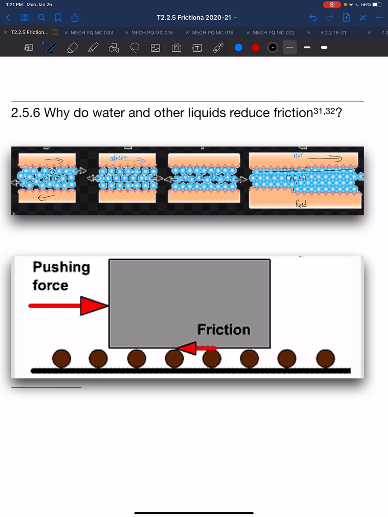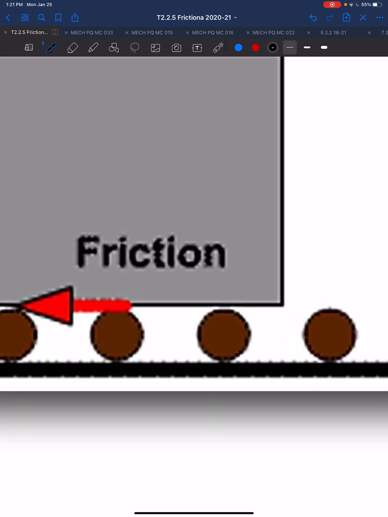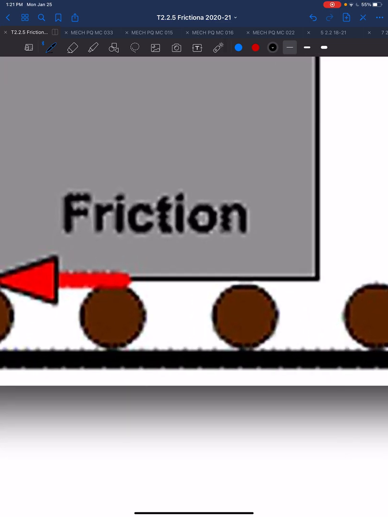Now, on a similar and related vein to that is a case like this where we have a heavy object, and it is claimed that in Stonehenge they had these 100-ton blocks of stone, and they would move them across the land by rolling them on logs. So that's the sort of situation we have here. Well, what is going on with this at a molecular level? Well, what we have is a force where this is being pushed to the right. And if we look at the molecules close in like this,